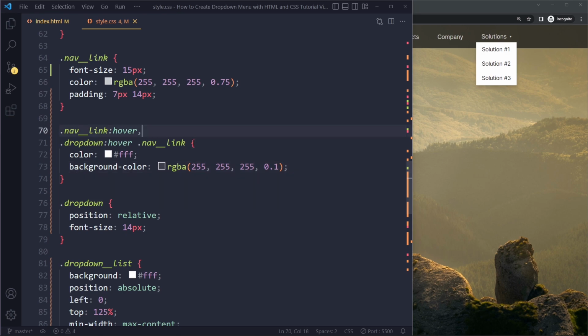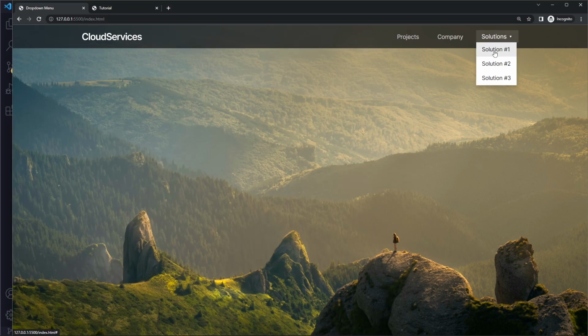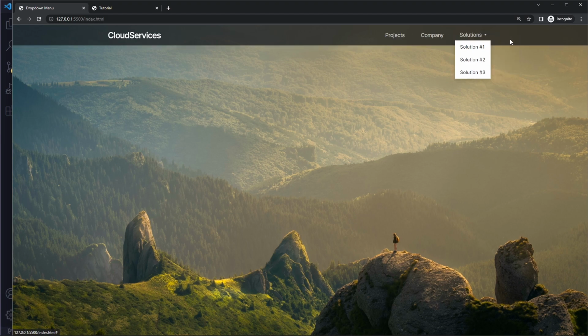So you can have multiple selectors for the same declarations, for the same rule set, with a comma. So here we're saying when the dropdown is in the hover state, select the nav link and apply this background color and the color as well. So now when I hover here with my mouse, it keeps that style basically for the nav link. All right, and actually looking at it very precisely, maybe it's because I'm zoomed in,